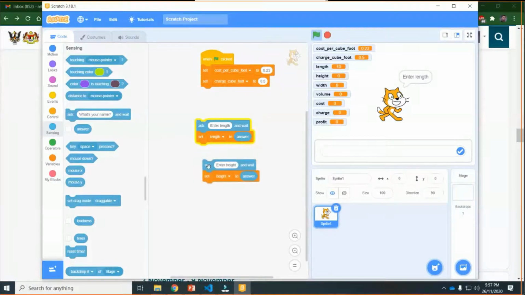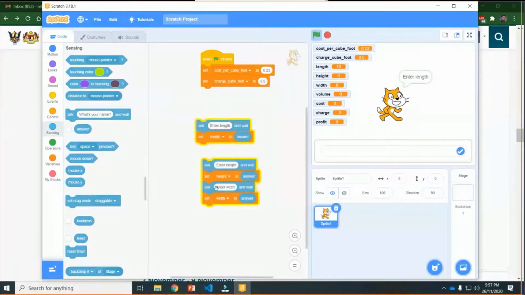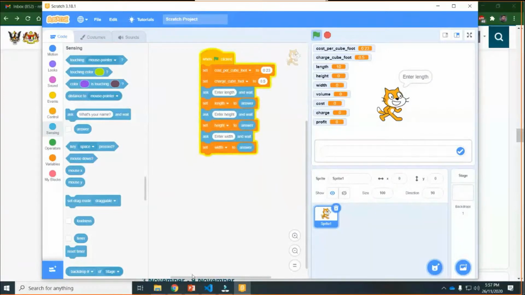And duplicate once again, and width. If any one of you doesn't understand, you can ask. Width, and don't forget to change this one also to width. Where is width? Is here. And after that join with this, and after that join with the total.